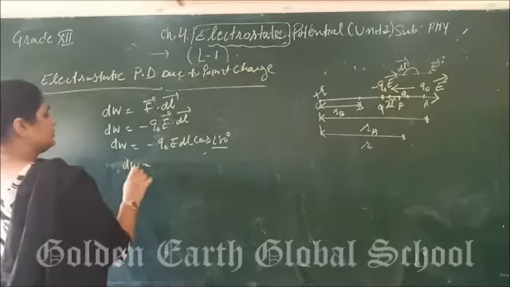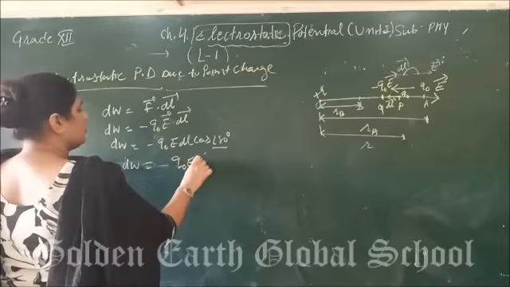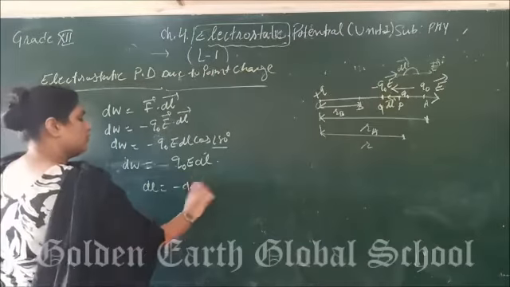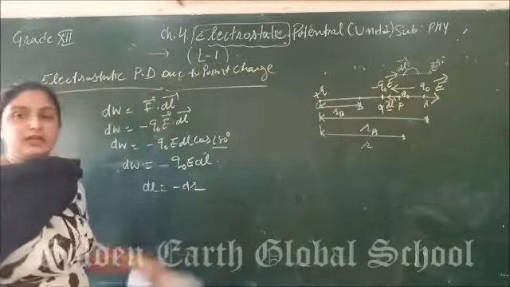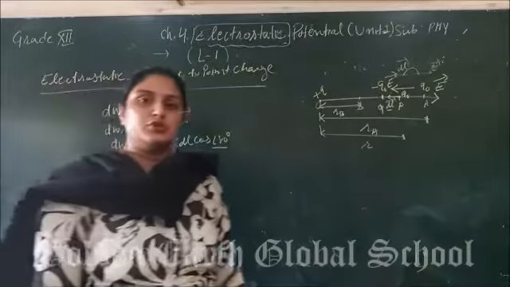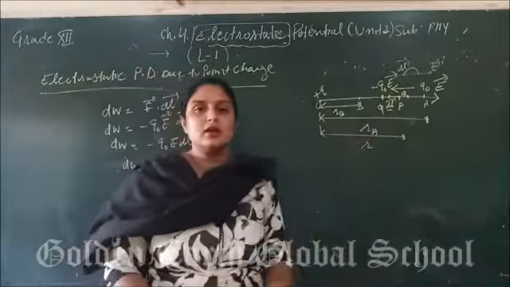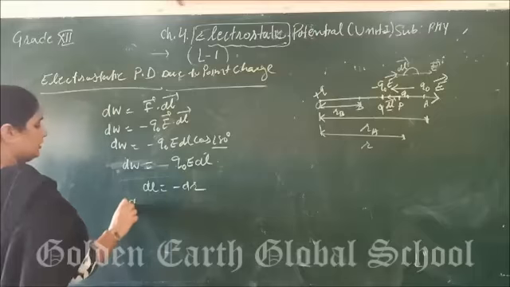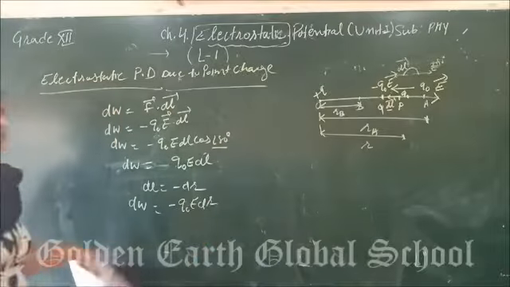So dW is equal to minus 1 plus 1, it will be Q0 E dl. Now I am writing here dl is equal to minus dr. I am going to put the dl equal to dr and sign negative I am going to consider here, because from the point P to Q the distance r is going to be decreased. The decrement will be very small, but there is the decrement. Okay, so dW is equal to minus Q0 E dr. This is the small amount of work done.